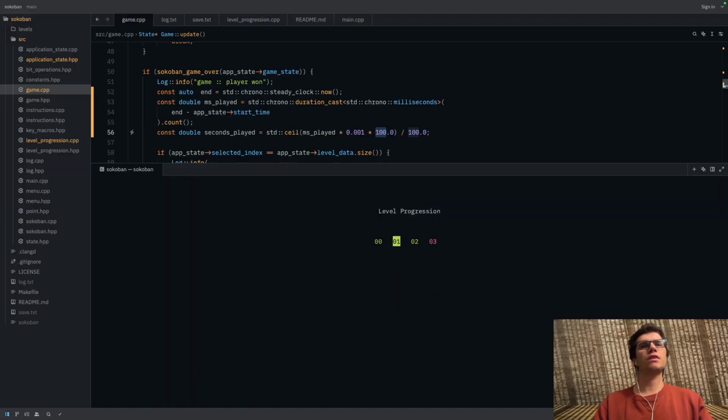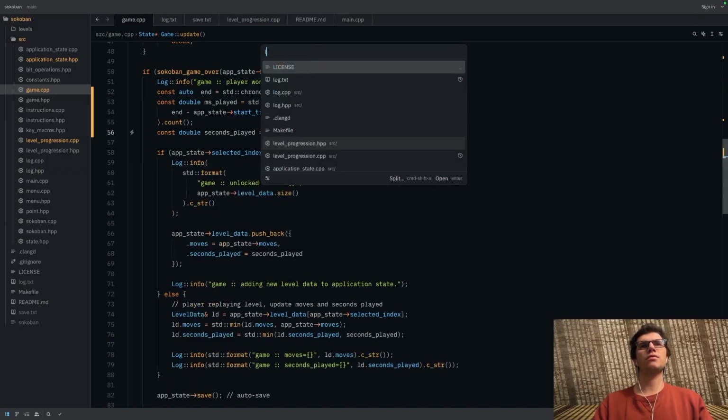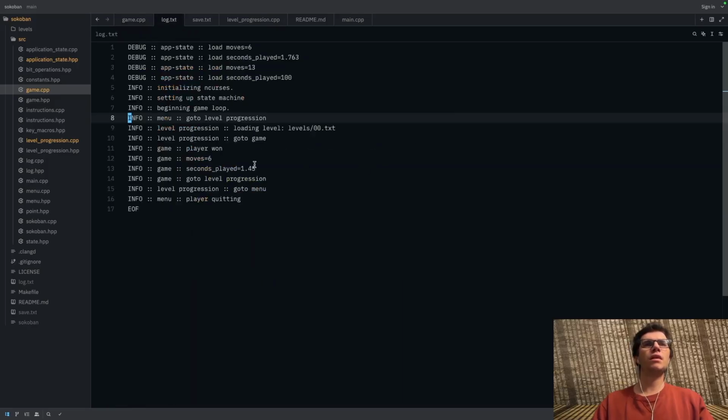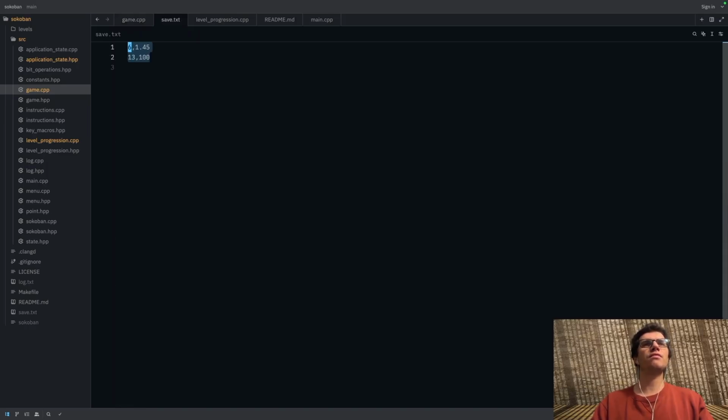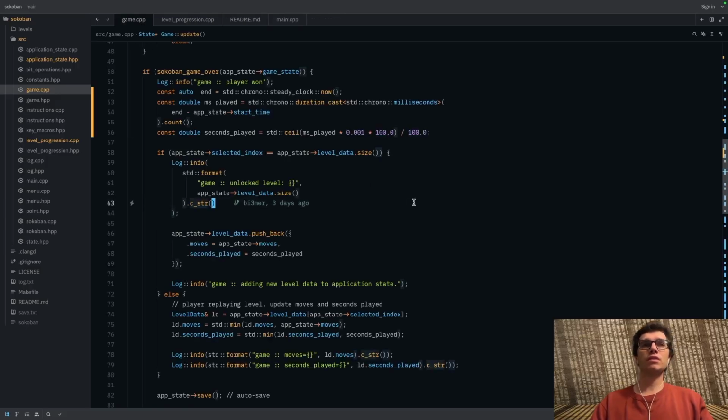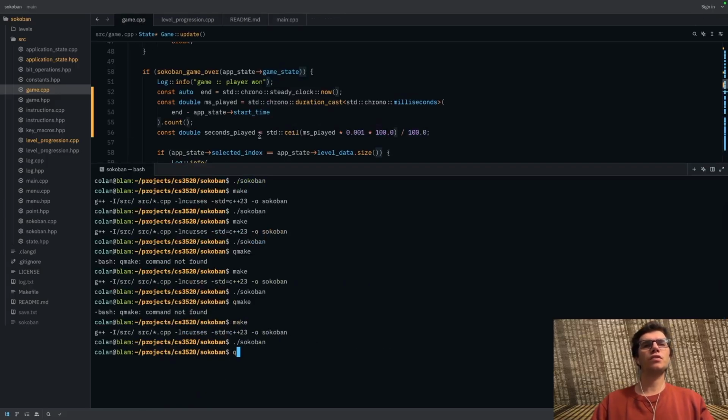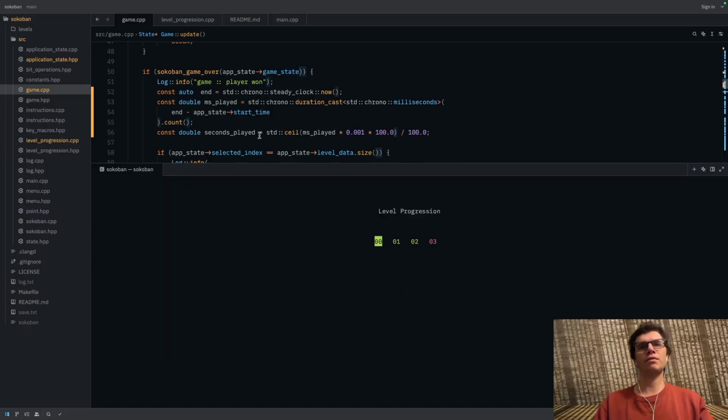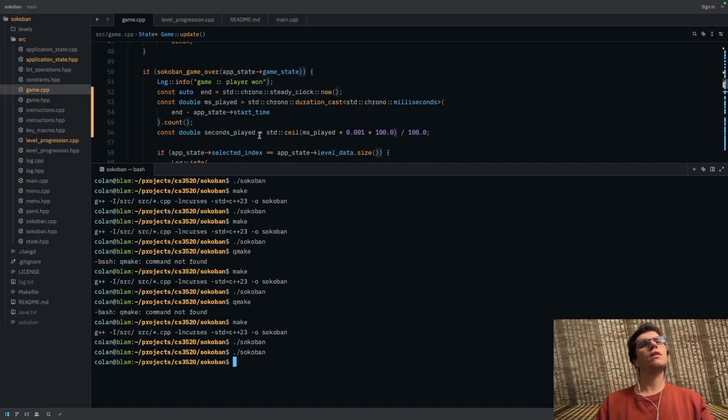Just gonna do it very quick right there, and then we'll go into log.txt and 1.45 like we wanted. So that's great. If we go to the save file, you can see it's at 1.45 properly now. That's awesome. Let me also beat level 1 real quick, so that's there. And now if we go to like cat save.txt, you can see we've got much better